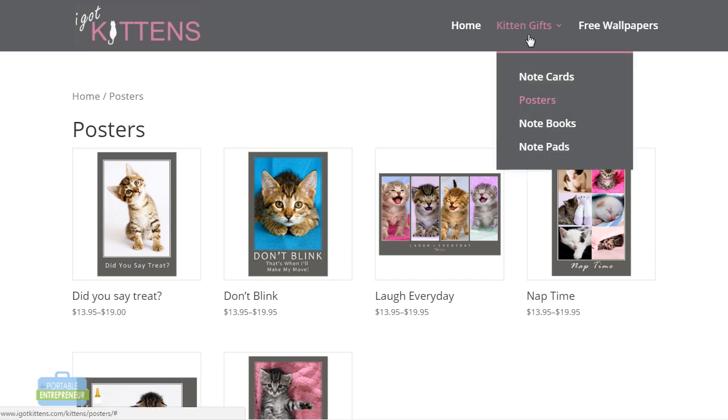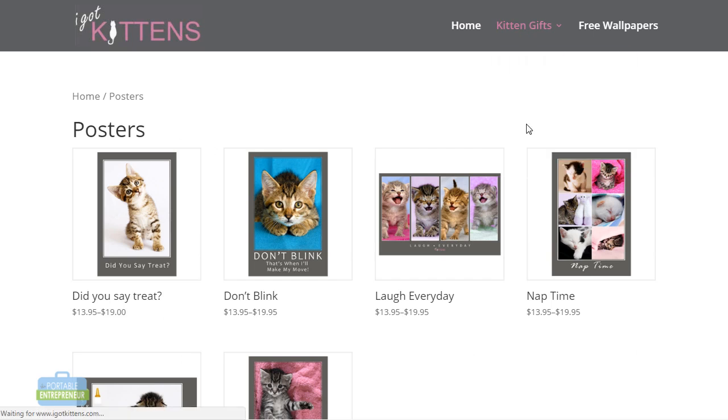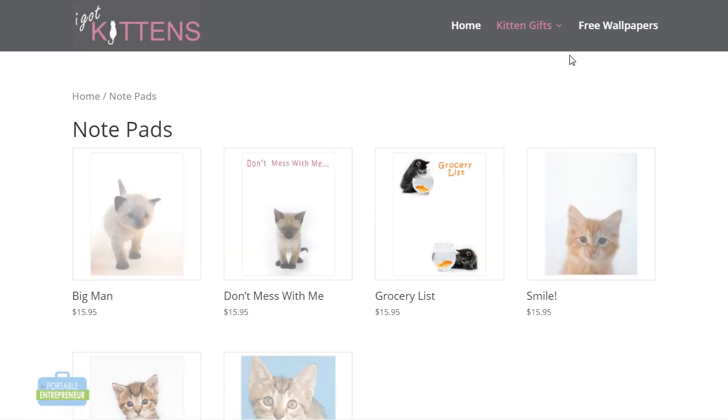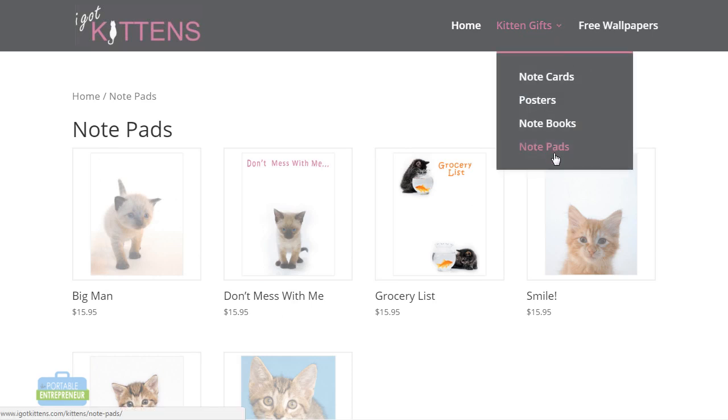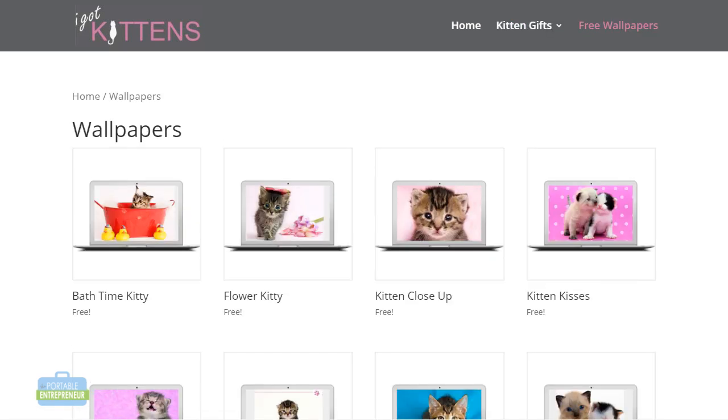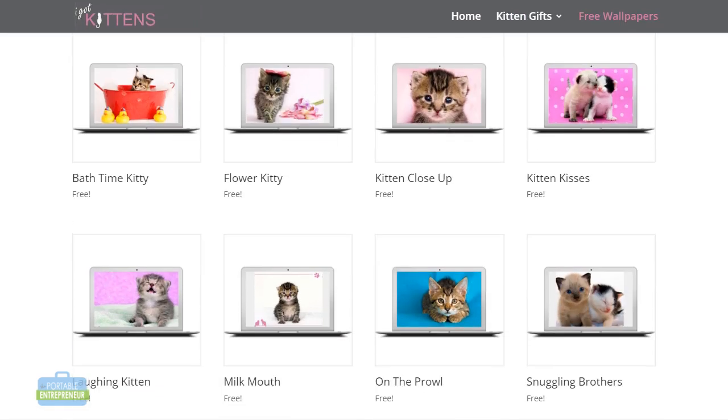It's all about products, all about pictures. These kittens are going to play into people's emotions. I mean, come on, who doesn't love cute kittens? It doesn't really matter what mood you're in. The kittens can help put a smile on your face. So that's what we want to focus on, being able to play into people's emotions and get these cute kittens